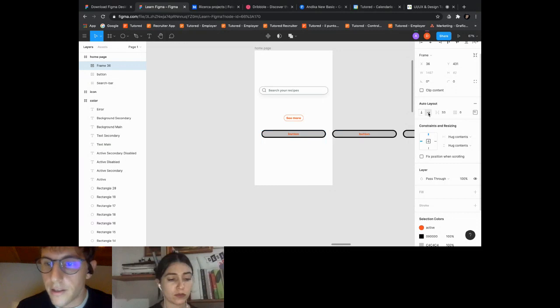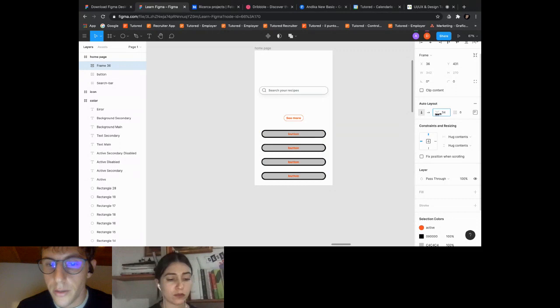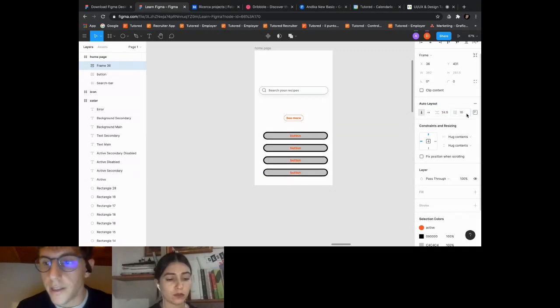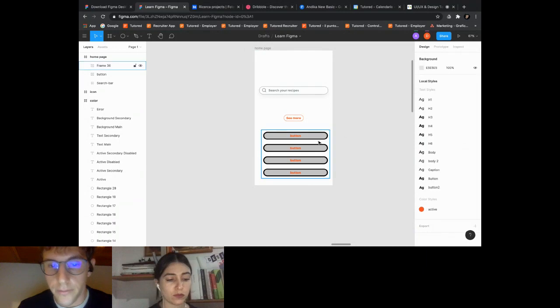It's vertical, horizontal, the distance between my elements, and I add also another padding. We also have to choose the center.